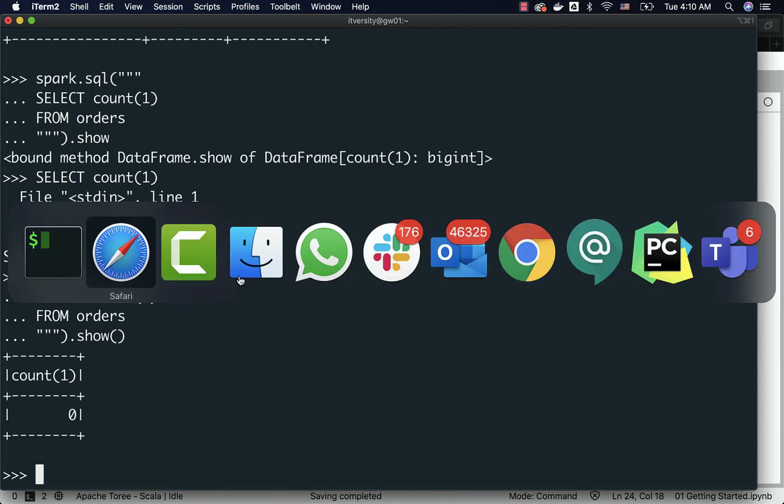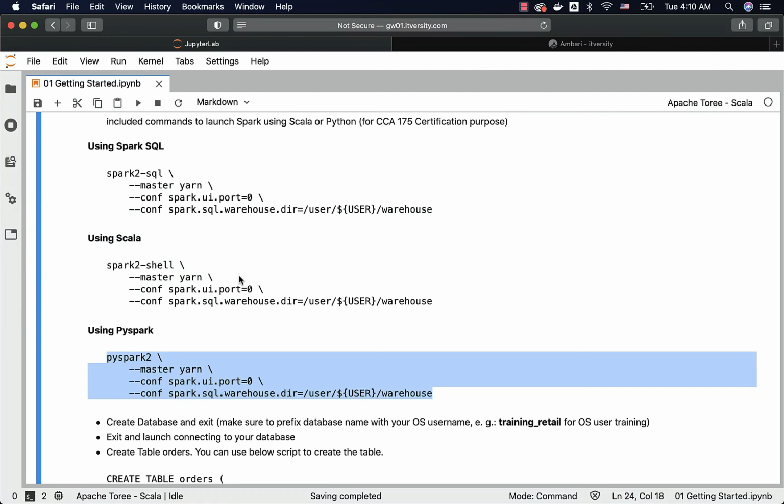If you are giving CCA 175 exam, it is very important for you to practice this and be comfortable because Spark SQL will not be provided to you as part of the certification exam. You might have to live with Spark Shell or PySpark, and hence make sure you practice using Spark Shell or PySpark. In all the subsequent sections, I will primarily focus on Jupyter Hub or Spark SQL CLI. If you are using Scala or Python as programming languages to prepare for CCA 175, make sure you run these using either Spark Shell or PySpark so that you get enough practice to interact with Spark Metastore and run queries or commands against it.